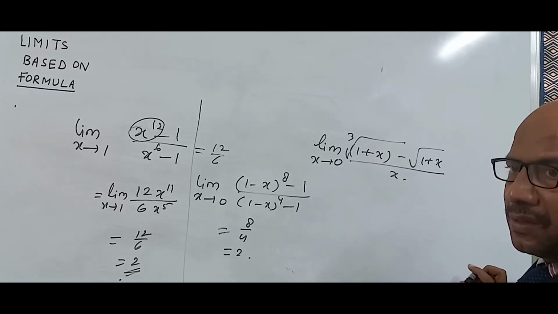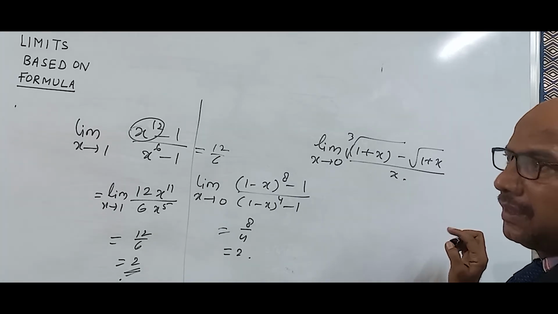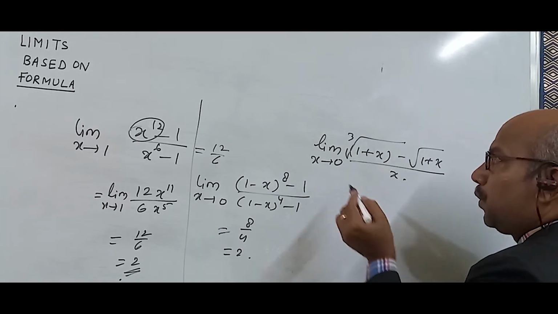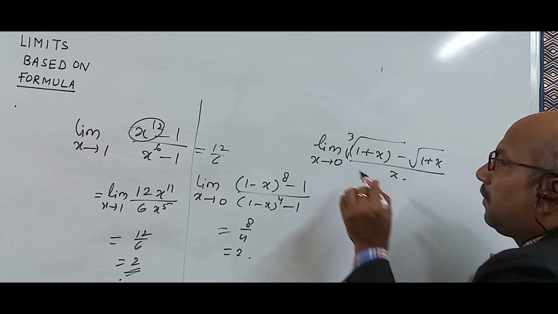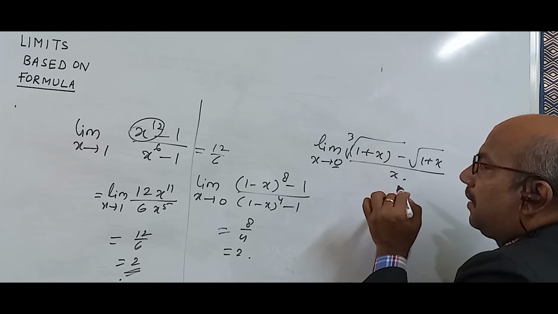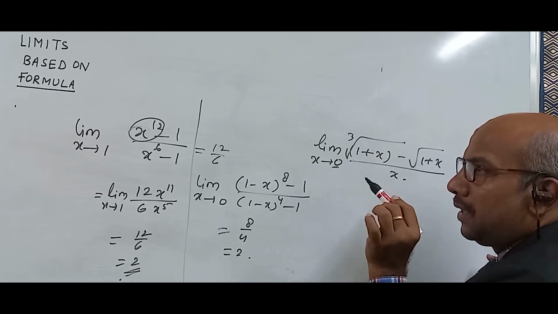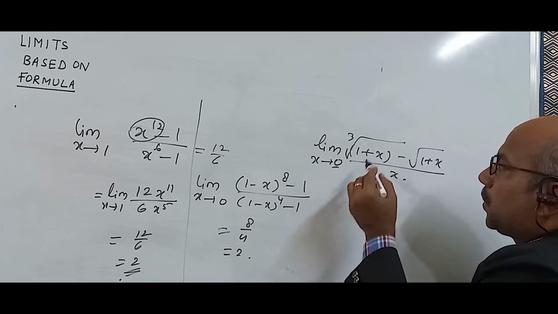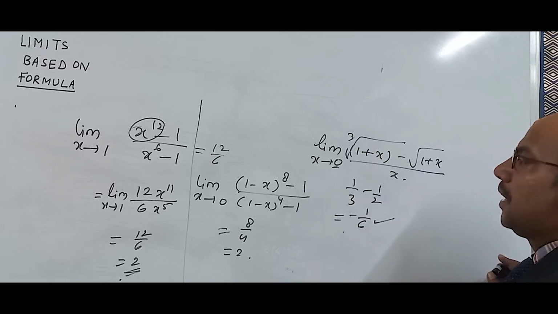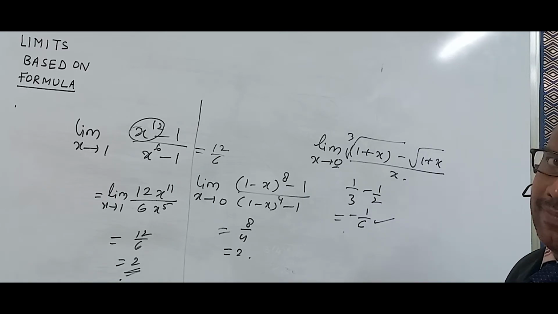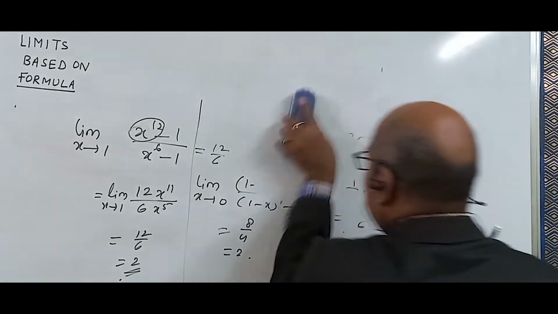This type of sums. Look, here if you differentiate or use substitution method, the expression becomes very, very complicated. But when you apply the limit, this part is becoming 1. So whenever the part is becoming 1, your answer depends only on the power. So it is 1 by 3 minus 1 by 2. So answer is minus 1 by 6. So you get the answer in one step directly. So these are the tricks. Now higher level of sums from your textbook.